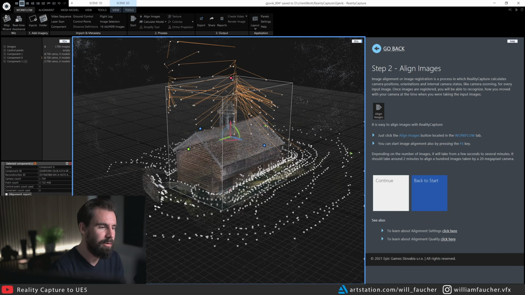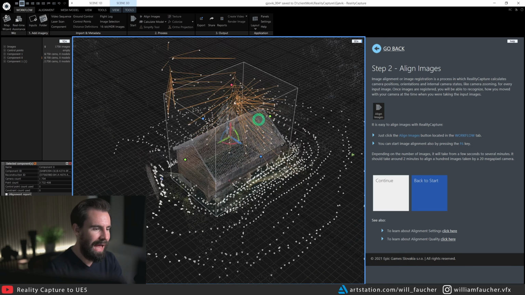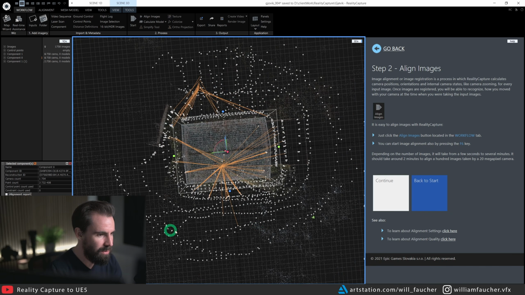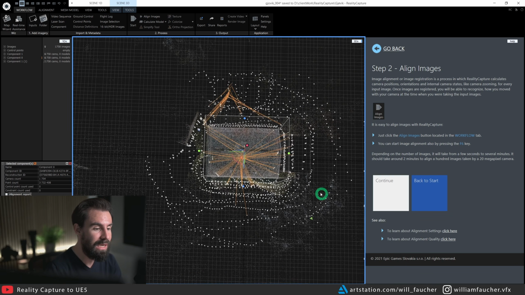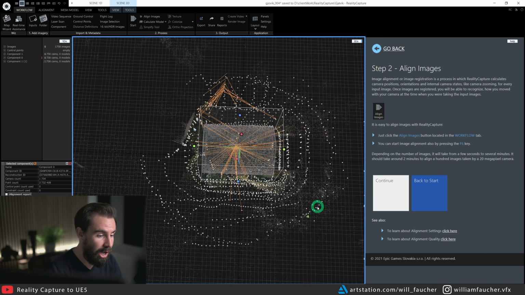Now, before we continue, I just want to take the time to show you exactly what happened here, how I took my photos, where I was, and what exactly you're seeing here. So all these white dots here are all positions of where I was in relation to the building when I took the photo. So you can absolutely see the pattern I took when going around and around and around the building. You can see what I mean by shooting in layers. I started off way up here, went all the way around like this, all the way around, and then got closer. And finally,